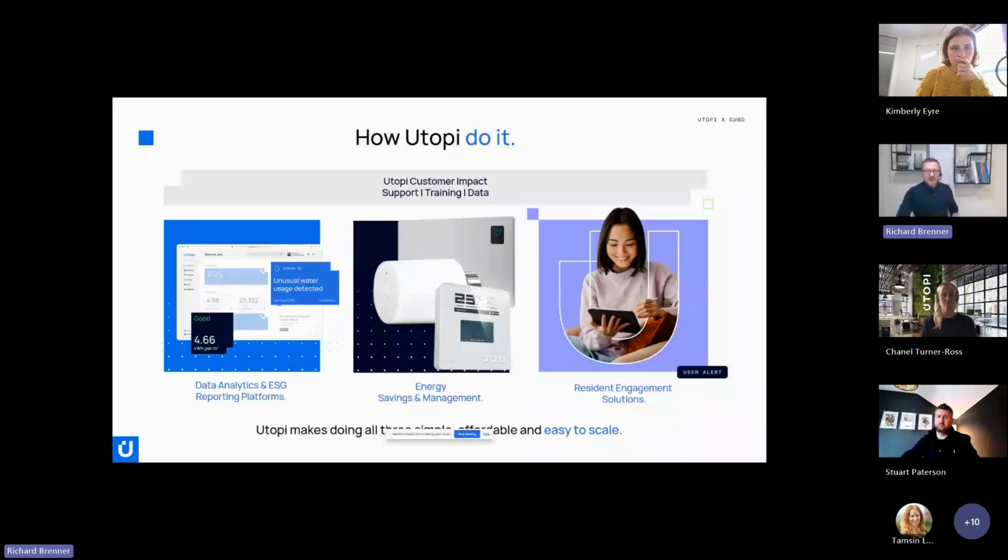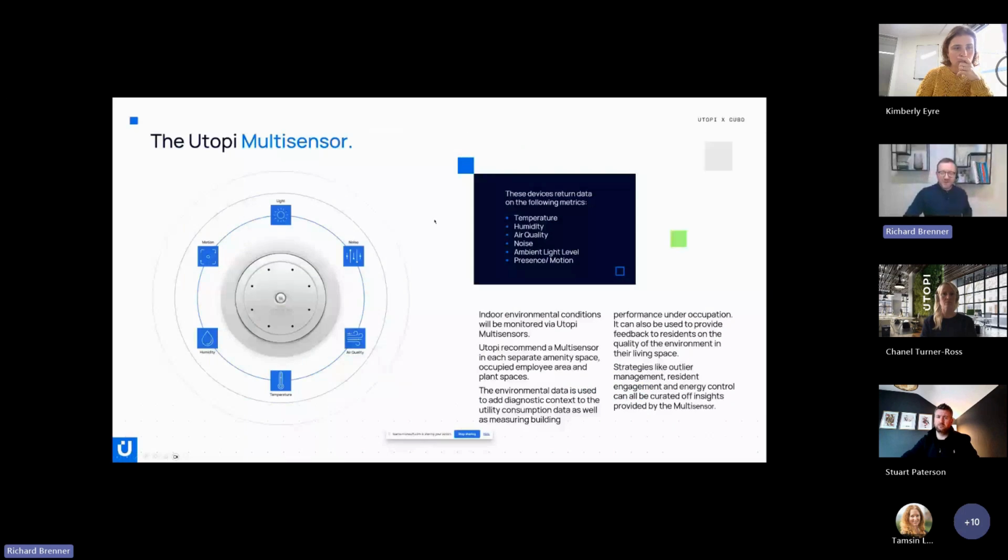And as part of the platform, I'm going to briefly introduce you to how we get all that data, and it's driven by that device on the screen, a multi-sensor that captures those 6 attributes on a room by room basis. And as I said, it's something small and simple to install that can be installed within minutes. But it's using those key attributes, or those key metrics, that informs not only the control aspect, but gives you a broader sense of what's happening in that particular room.